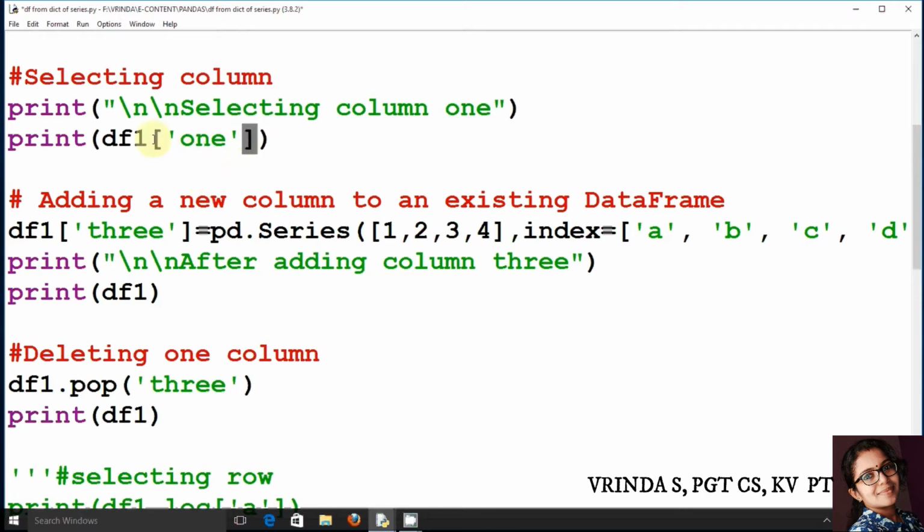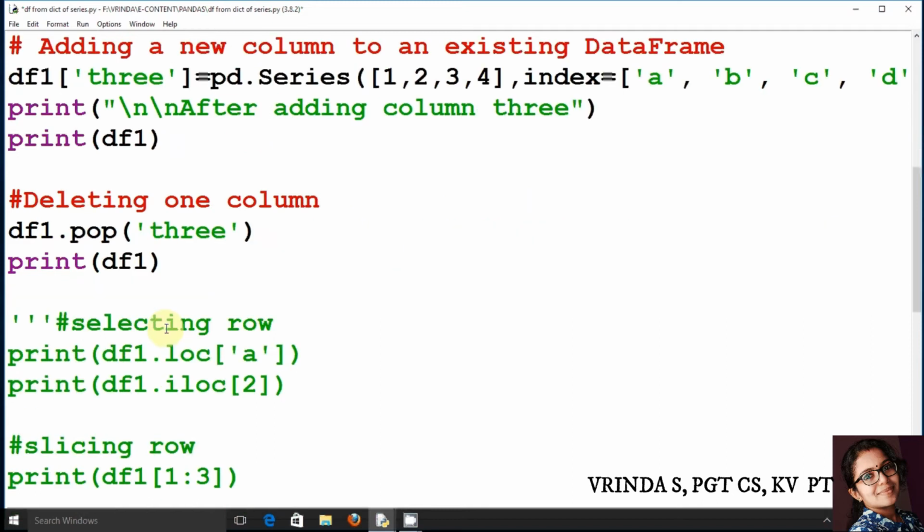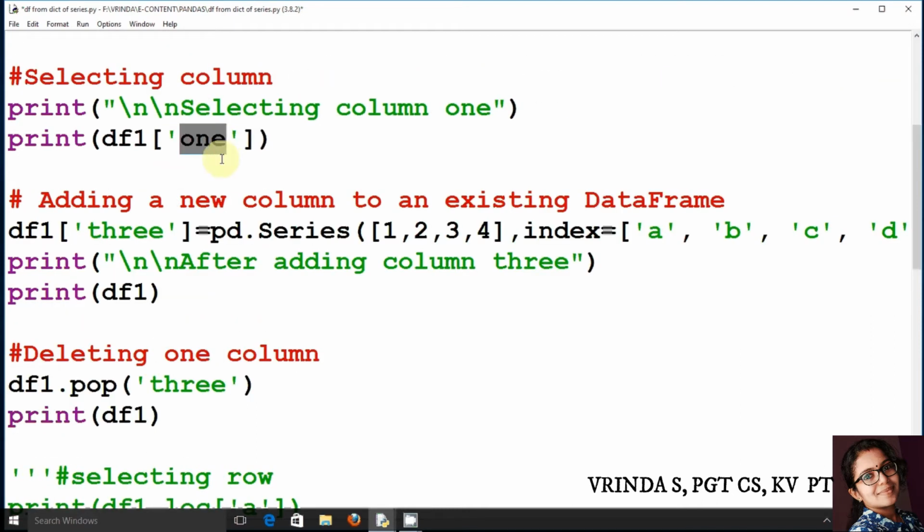Inside the square bracket you mention the column name, and our column names are 1 and 2, and they are strings, so we give them inside single quotes. Hope you all understood the method of selecting column values selectively.